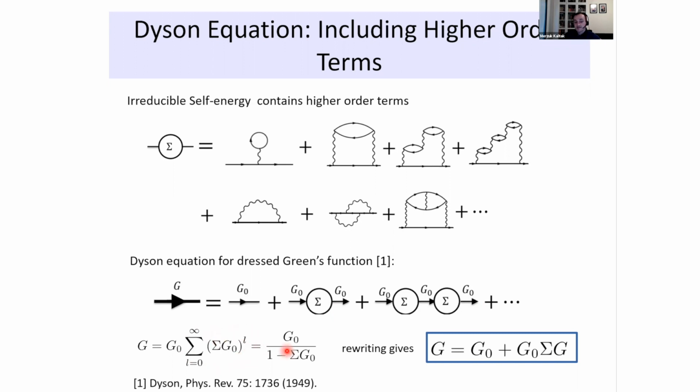And after rewriting, you end up with the famous Dyson equation for the interacting Green's function that connects the non-interacting Green's function with the interacting one via this self-energy. Now, unfortunately, in practice, the self-energy is not known, and one has to rely on approximations. However, I will show you that this approach is really powerful because the lowest order terms already give you something that is